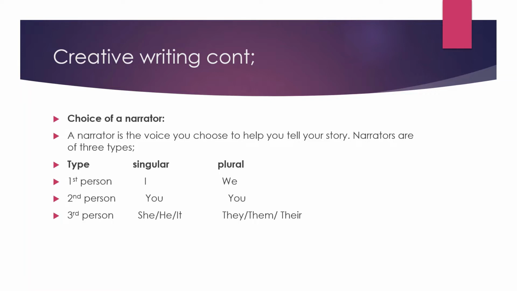Third person narrator is more like a camera recording events. They see everything, but they're not part of it. So they just push everything and dump it there for you to see and analyze. In the singular, first person is I, and in plural, it is we. For second person, it's you for both singular and plural. Then third person, we may have she, he, and it in the singular, and then they, them, and their in